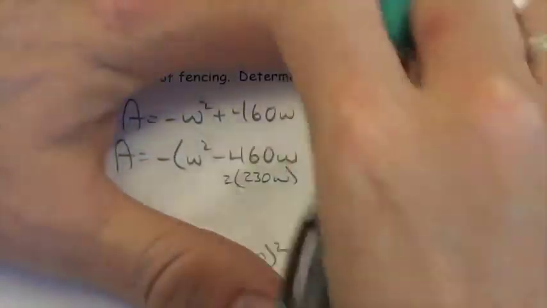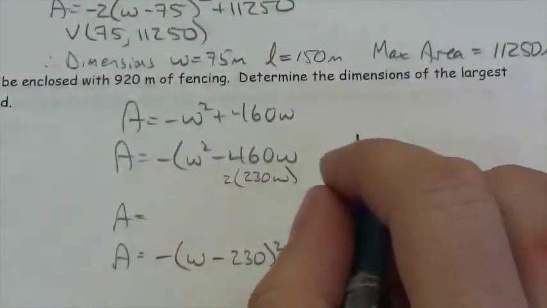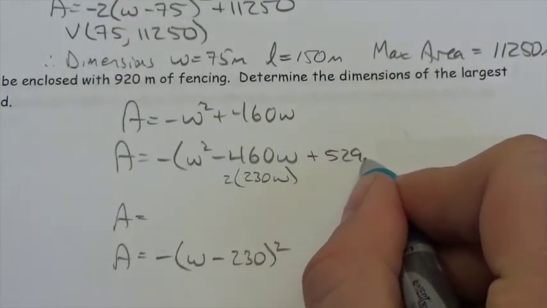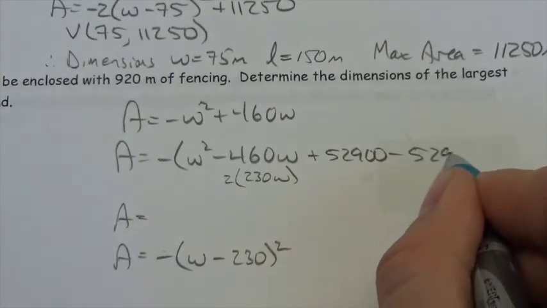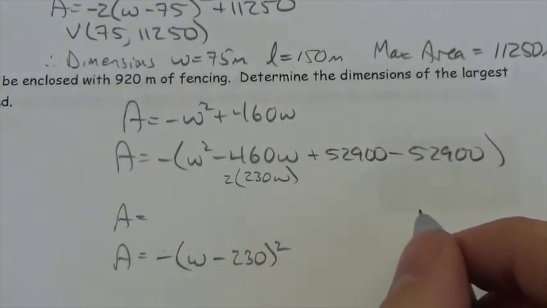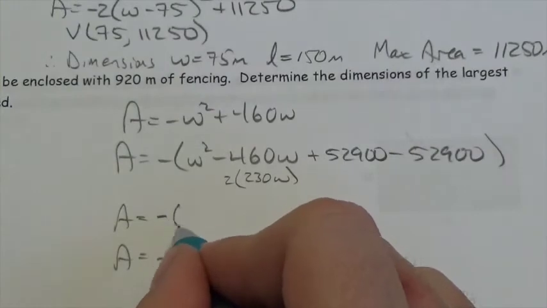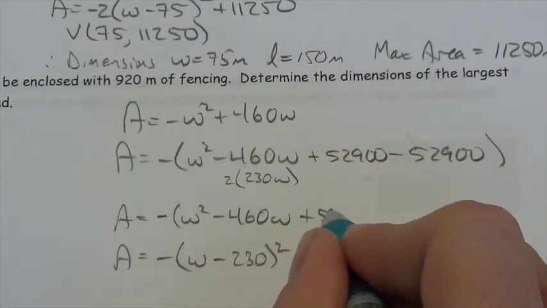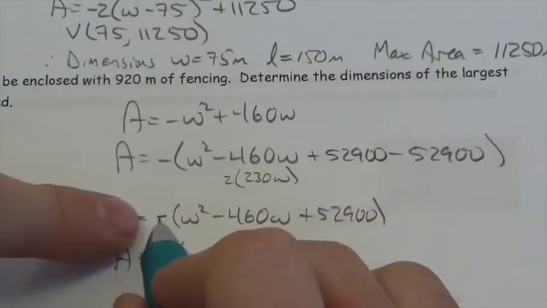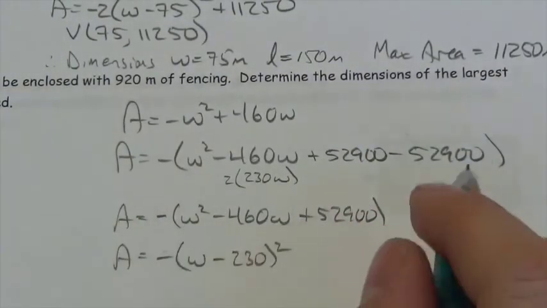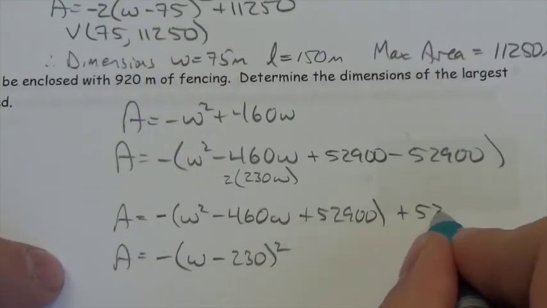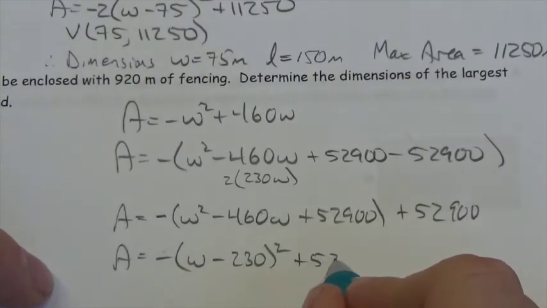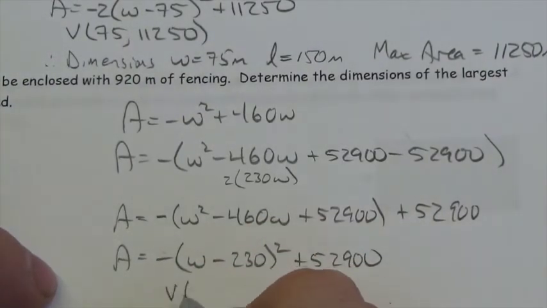Now I know I'm going to get a number here that's bigger than the room that I'm given. And when I square that, I'm going to get 52,900, which I subtract immediately. And now I know this is going to be negative W squared minus 460W plus 52,900. And then I'm going to take the negative 1 out by multiplying it by that negative leading coefficient to get positive 52,900. There are no other values back here, so it's just 52,900. So here we go. Our vertex is